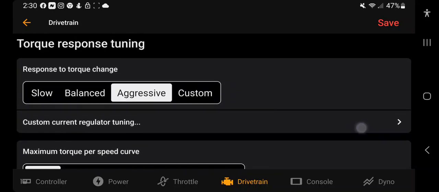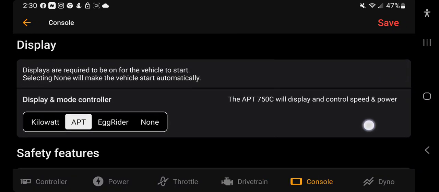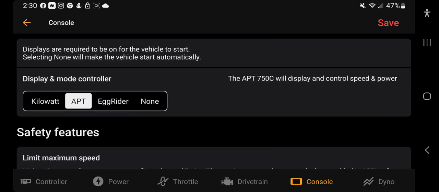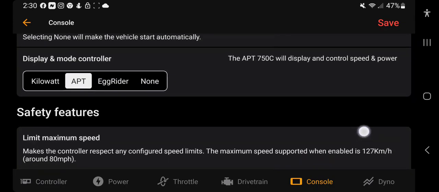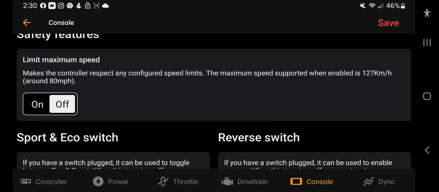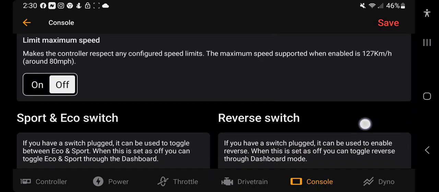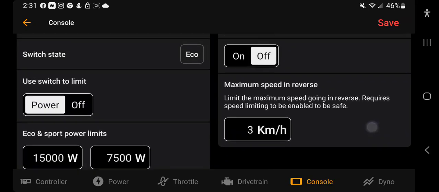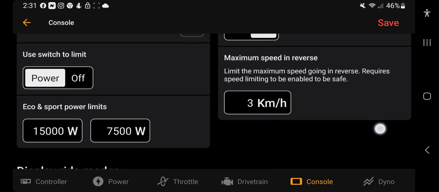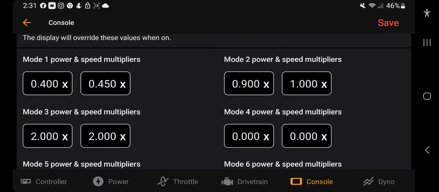All right. Torque response tuning. Man, Kilowatt is just awesome. You can go to the console over here, what type of display you want to run. Like I have mine on none because I'm using this app. But you know, you can set that up for your UKC ones, your 750Cs, Eggrider, as you can see, or even like a psychoanalyst. Safety features: limit maximum speed, sport and eco switch, whether you have an actual hard switch or in the app, your reverse maximum speed. These are the new